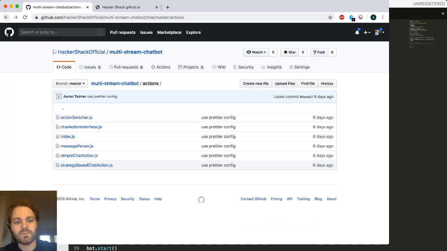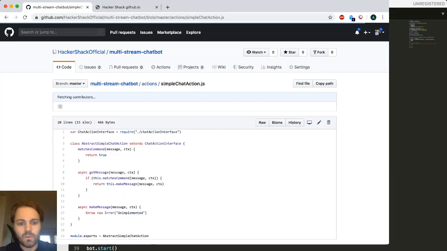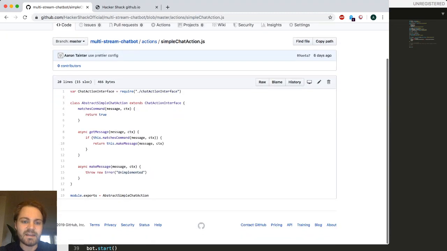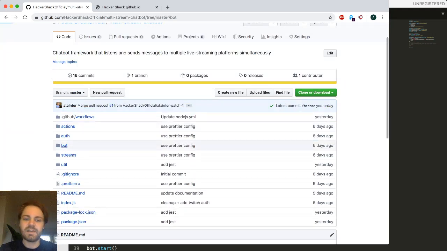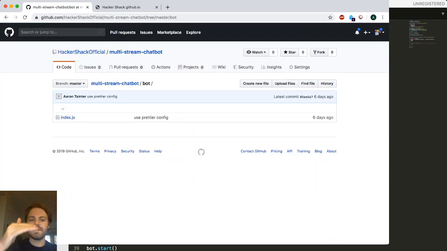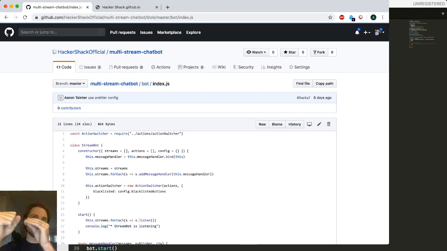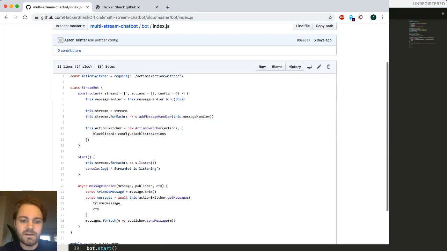I also refactored the original simple chat action, which before had a method which returned a command name. I pulled all that stuff out of the StreamBot, so the StreamBot's pretty lean right now, and I added this matches command. Basically the bot just sends the message to all the different actions, and then the action decides whether or not it can respond, versus the StreamBot extracting the command portion and then sending the message to the action. If you look at the code here,